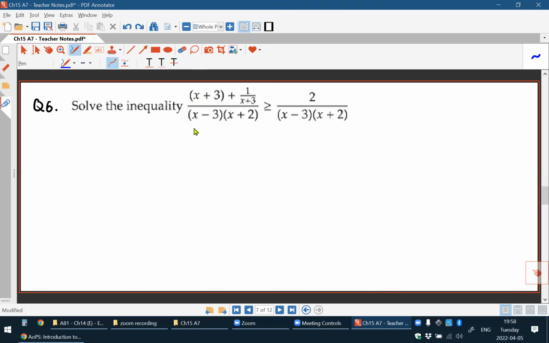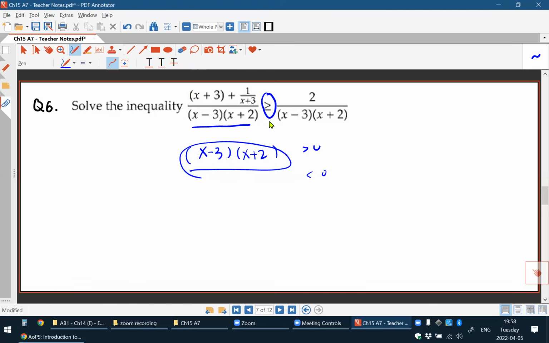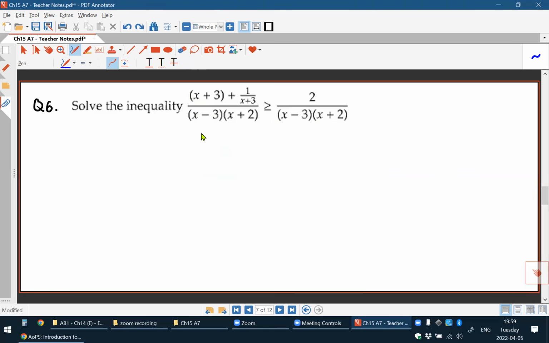Because when you multiply both sides by x minus 3 times x plus 2, you need to decide whether to change the direction of the inequality symbol, because you don't know whether this number is greater than 0 or less than 0. Therefore, you can't decide which one to use here. Do you understand what I'm talking about? So do not blindly multiply both sides by an unknown number, because you don't know whether it is positive or negative. Instead,